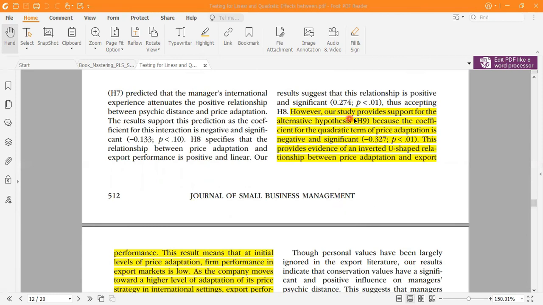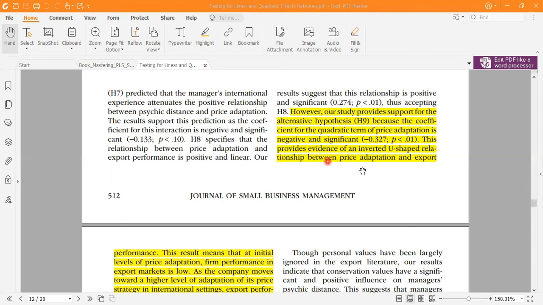So here our study provides support for the alternative hypothesis H9 because the coefficient of the quadratic term of price adaptation is negative and significant, less than 0.05, 0.01. That means here the confidence interval is 90%, not 95%. That's why it is significant.